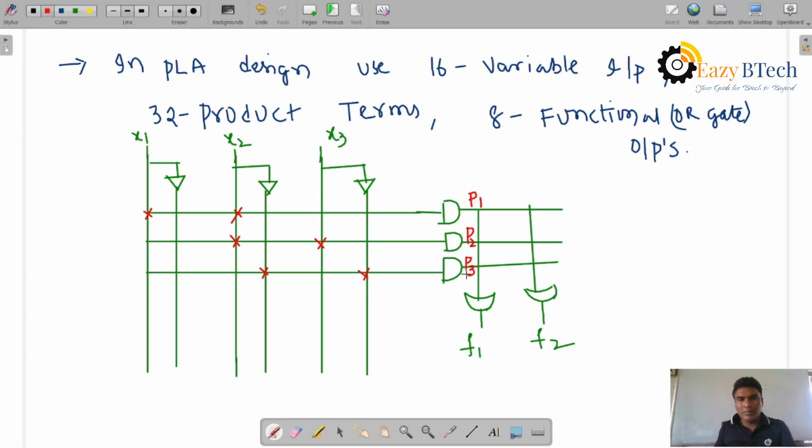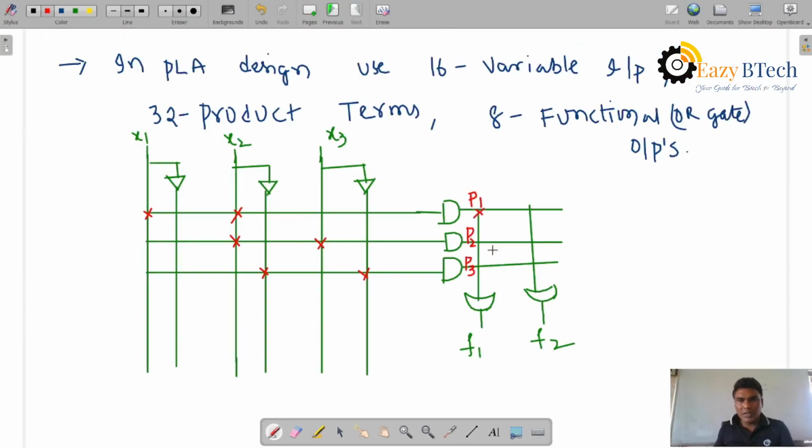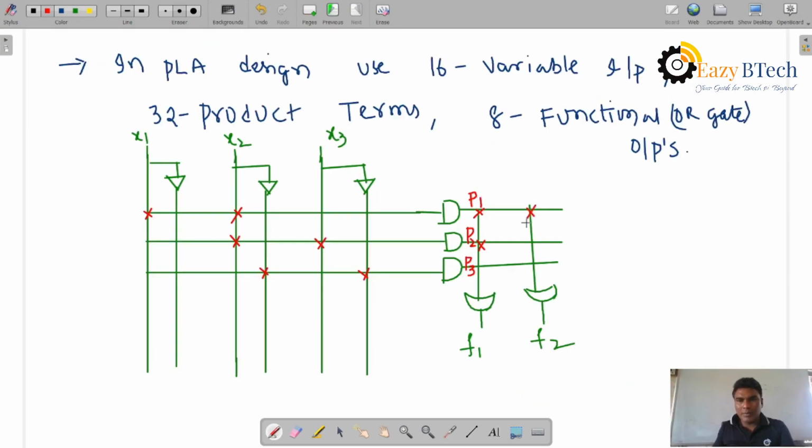So what is the function F1? F1 is equal to P1 plus P2. So P1 is here and P2 is here. Now what is F2? F2 is P1 and P3. Product term P1 and product term P3 are there. So this is a schematic representation of PLA